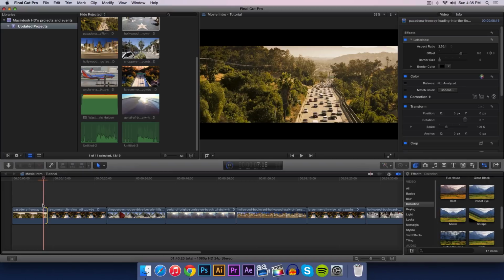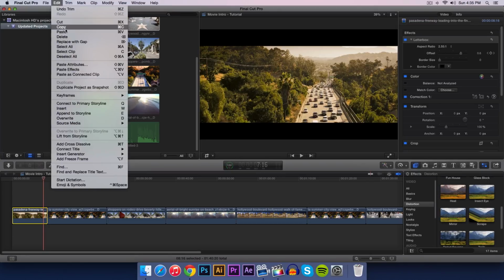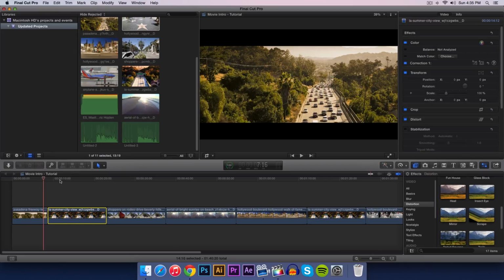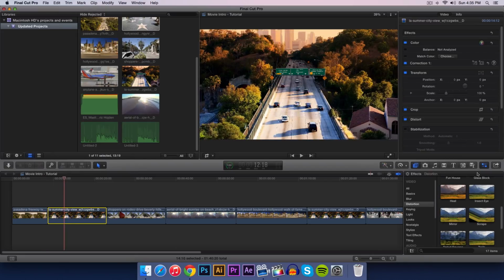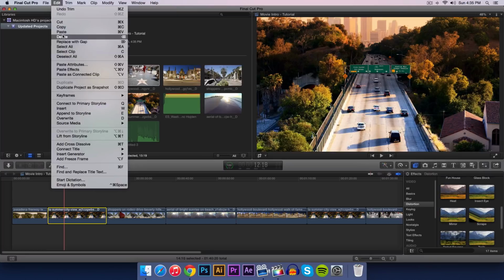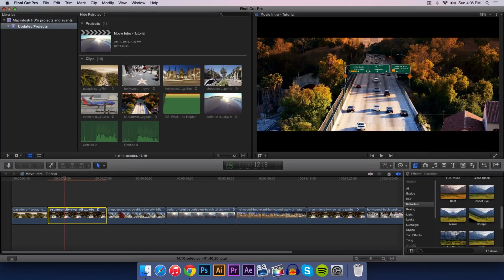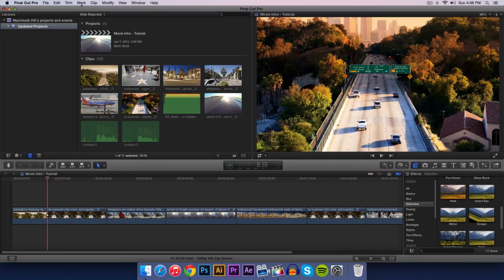Though, if you want to do the same exact thing that you have applied to all of the clips, what you can do is copy the effects from that video clip by going over to Edit, Copy, and then you go to the video you want to paste the effects onto, and then when you go over to Edit and Paste, now you have 3 options. You can paste the attributes, paste effects, and paste as a connected clip. We're gonna go and paste effects, okay? And that applied the same effects. That means it's gonna apply everything that you have applied to the previous thing. We don't want to